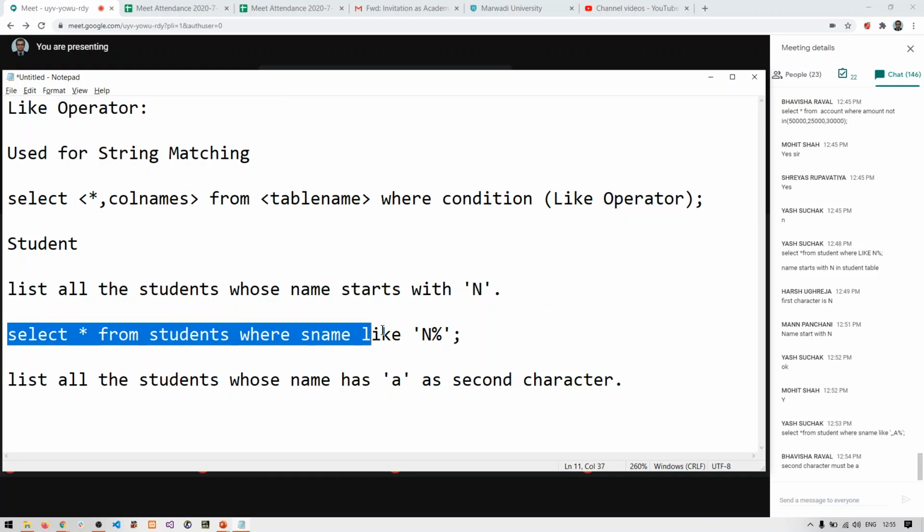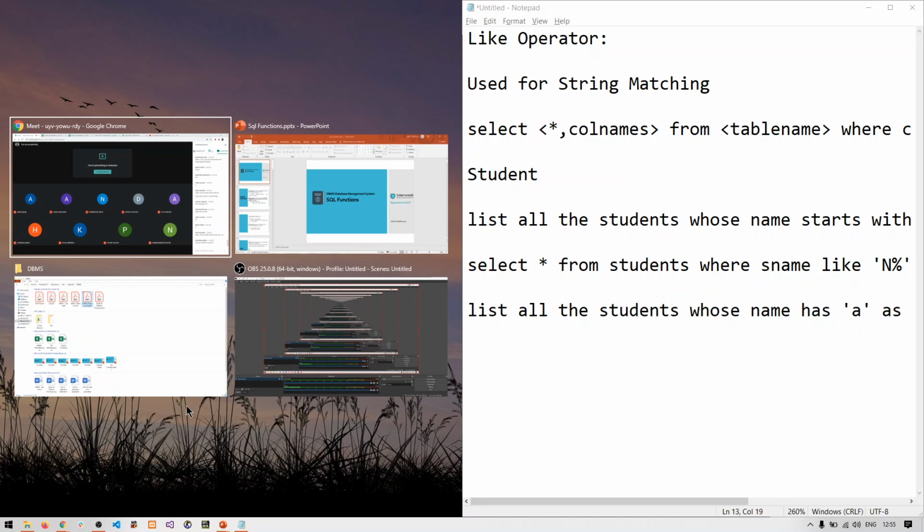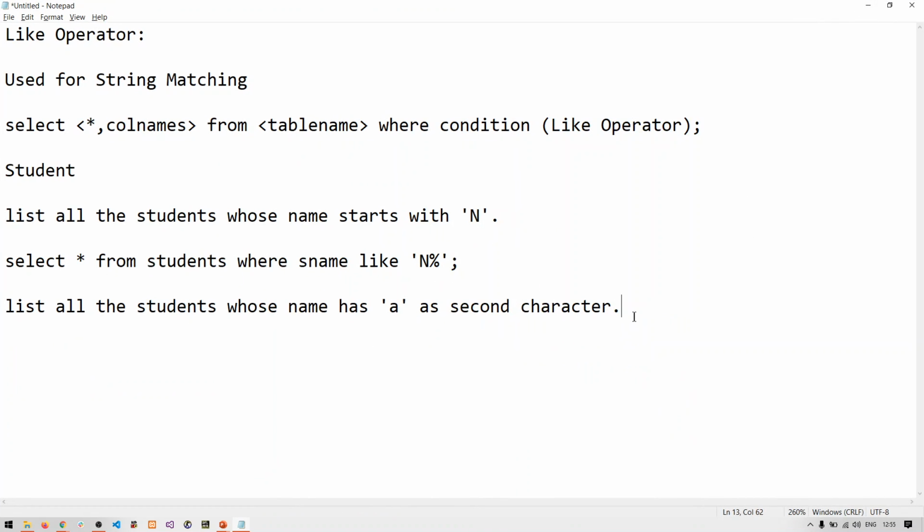To write down this answer, we will use, just a moment. Yeah, so answer would be like this. Select star from students where our condition is A. We have allowed as many characters after A, so percentage. And we said that we require one character before A because A is the second character.